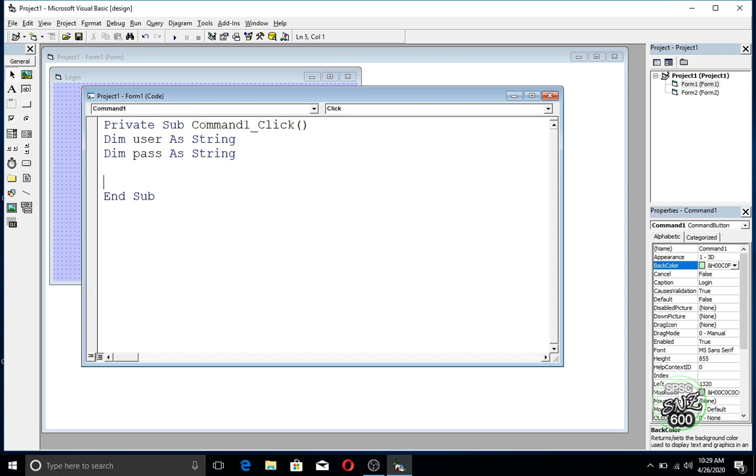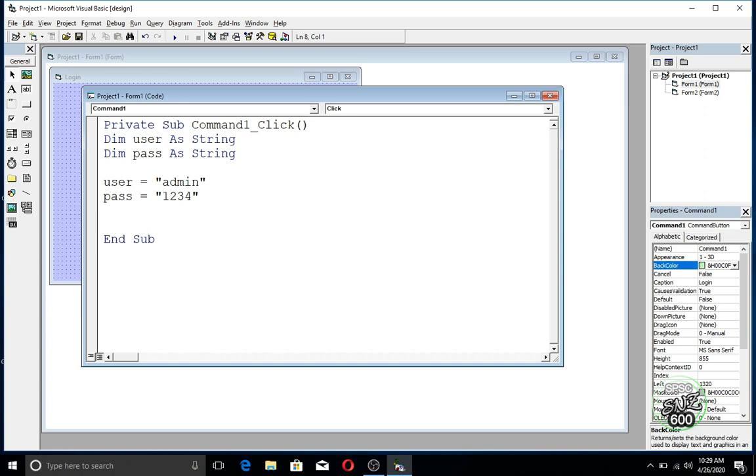I have to set the variable user ID value. So my user ID will be admin, and I have to set my password. The password will be 1234. So this is my password and user ID. Anyone who types this user ID and password will get the access. Now I have to write the processing code.